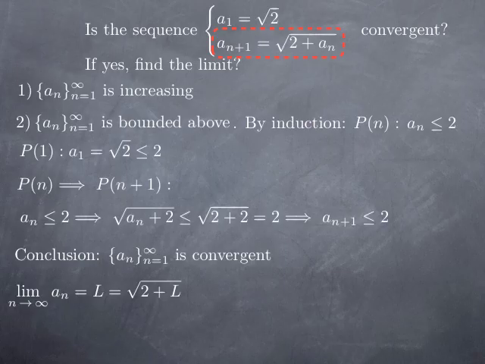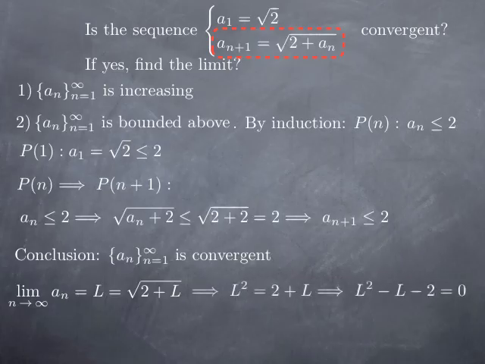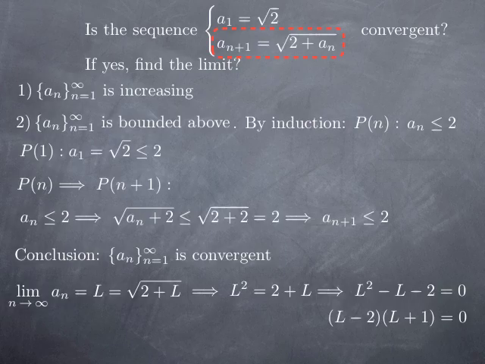What does that mean? Well, if we square both sides, we find that L squared must be equal to 2 plus L. Putting everything on one side, we get L squared minus L minus 2 equals 0. And using the quadratic formula, or even factoring in this case, we find that L can be 2 or negative 1. And we conclude that the limit of the sequence is exactly 2 because it cannot be negative 1,